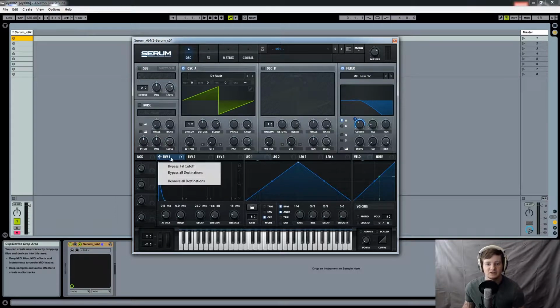So one interesting way that we can use multiple envelopes is if we have just this one as the pluck, but then we have a second envelope controlling the filter at maybe a faster pluck. So if we kind of open this one up just a little bit,